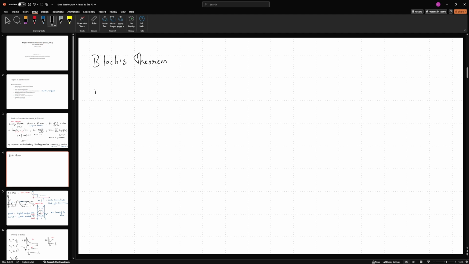So if V of x is equal to V of x plus a, then any solution psi of x that satisfies H psi of x, which is given by minus h-bar squared upon 2m